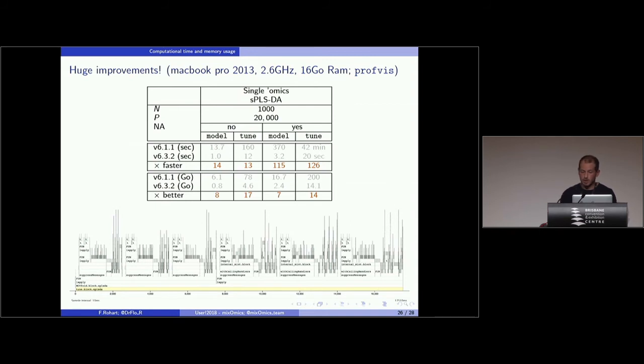Obviously when you're using 42 minutes to do a simple example of 1,000 by 20,000, you cannot use that for SNP data. Now it's becoming a bit better, because from 42 minutes you get to 20 seconds. But still, you can do it on a cluster, it's going to take a few hours, but the problem I have right now is more the memory usage. It's not the computational time, it's using too much memory. Just to put the data in R, when you have SNP data, it's crazy.